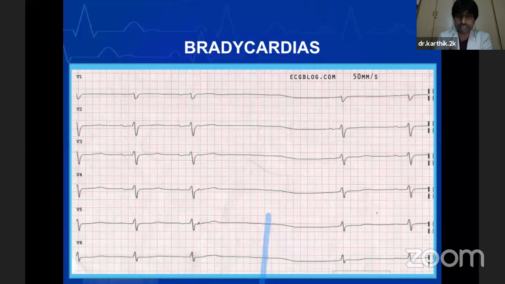Okay, so there is a sinus node problem, and at the same time, there is a failure of conduction of impulse at the sinus node junction. Only thing, this ECG paper, if you see, was taken at a higher paper speed, that is 50 millimeters per second. So if it was at a traditional speed, probably it might have been even more prolonged.